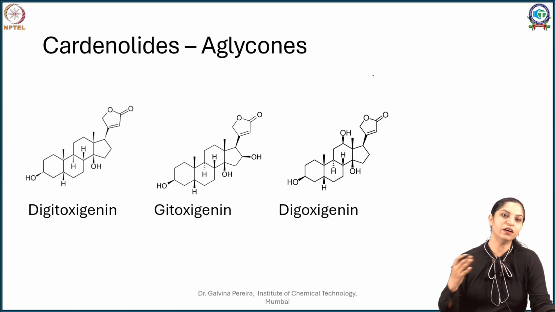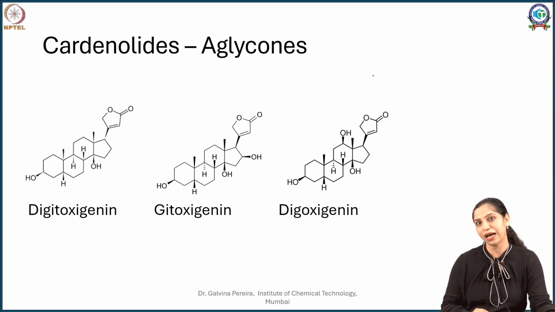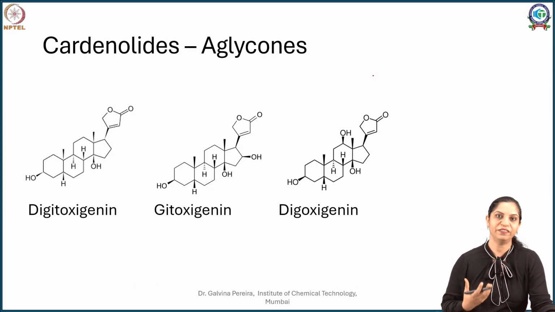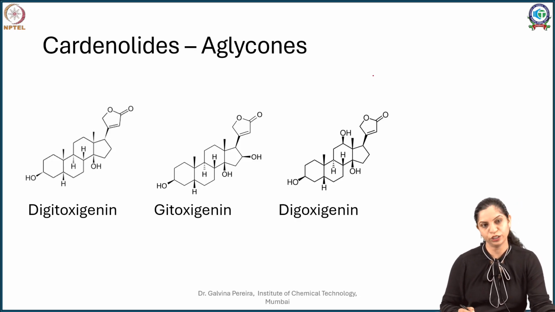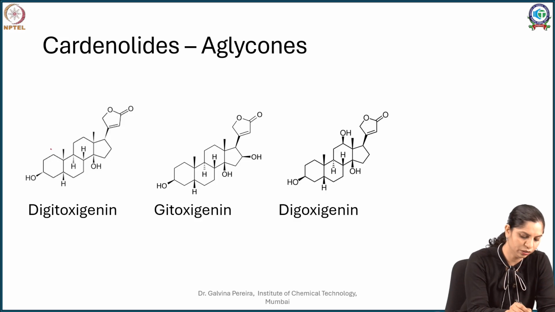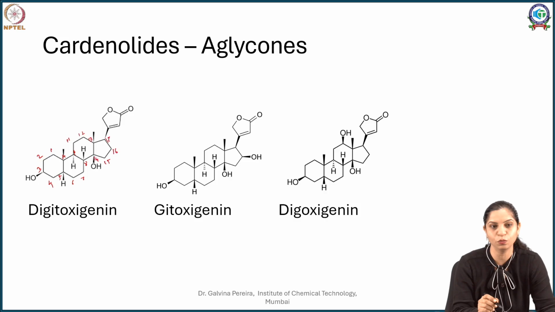Now, if you see glycones, I am just giving you a few examples of glycones which are very potent as cardioactive drugs. And in terms of substitution, let's come back here. You remember 1, 2, 3 is a hydroxy, 4, 5, 6, 7, 8, 9, 10. You are done with this. Then you have 11, 12, 13, 14, 15, 16, 17. I am just repeating it so that you all can visualize it more clearly.